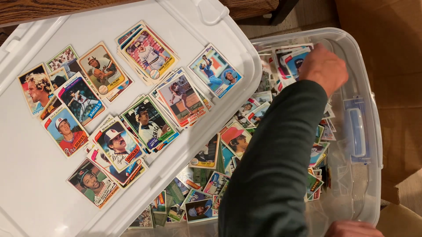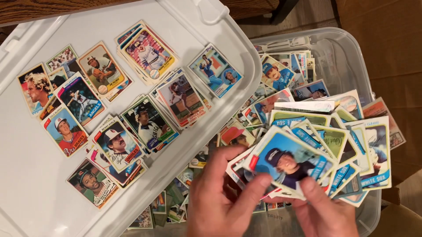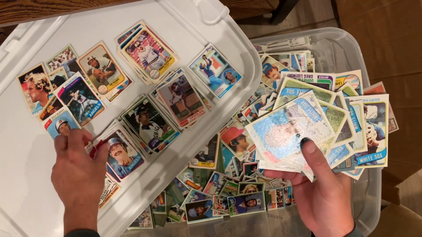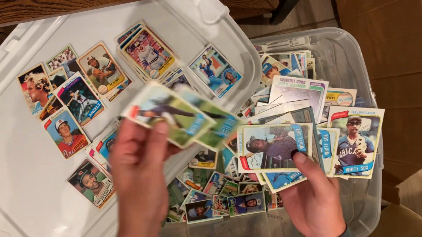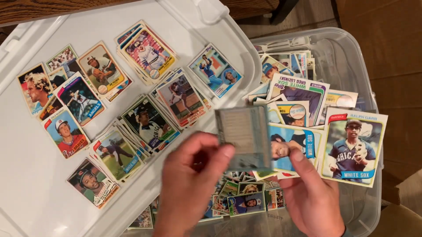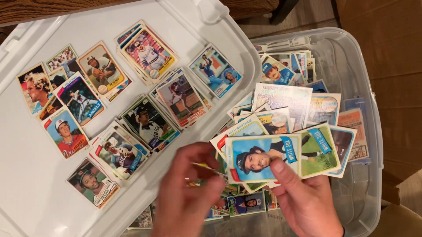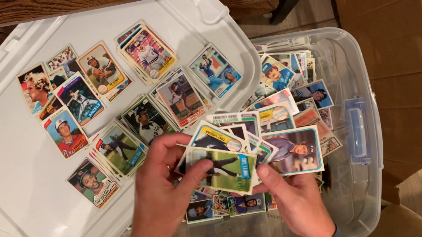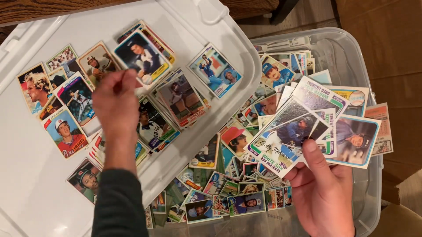I was just surprised that Nolan Ryan was in there. I would have thought for sure there would have been some cards taken out of this by this guy. But so far he hasn't. I mean, if the Rickey Henderson rookie's in here, that to me would be crazy. And I can't imagine that's going to be in here. If it is in here, then this box becomes very much worth it. But